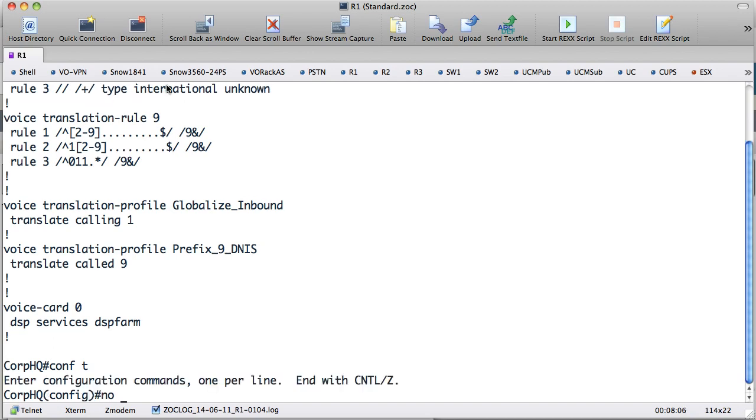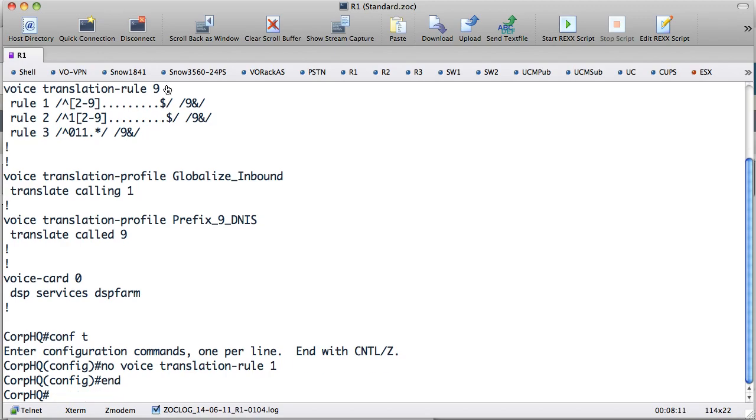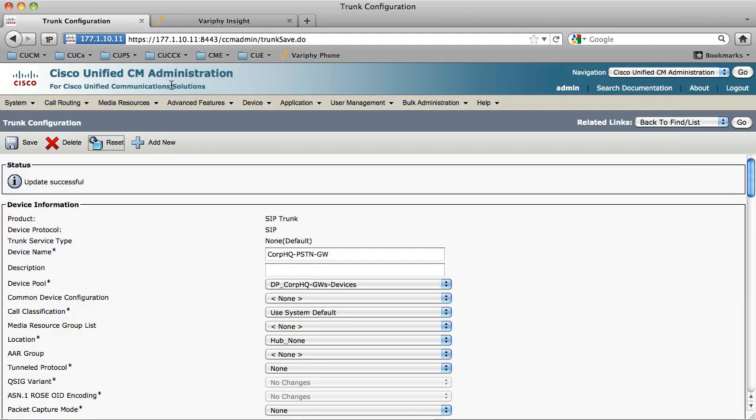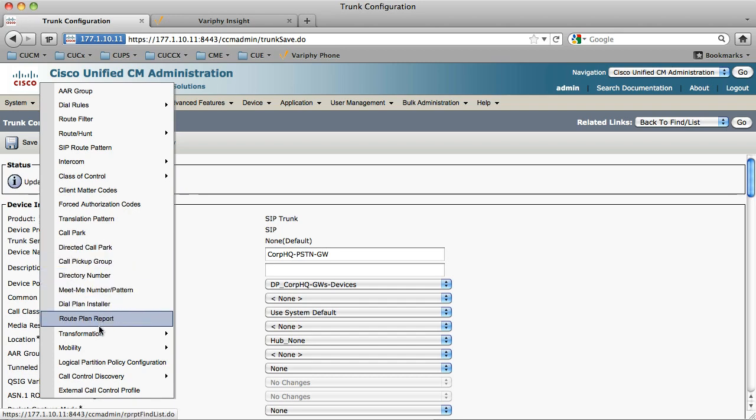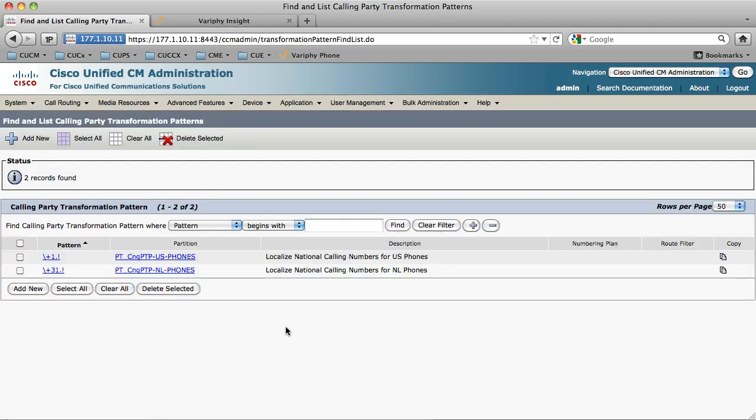So we're just going to go ahead and get rid of this voice translation rule 1. And just to verify that this is doing what we want, over in our CUCM, we're going to come down to transformation, calling party transformation,